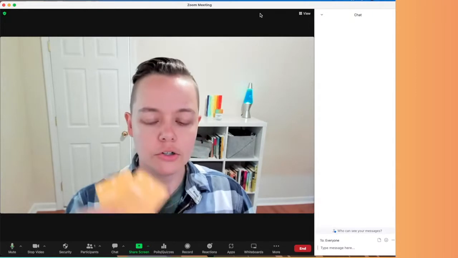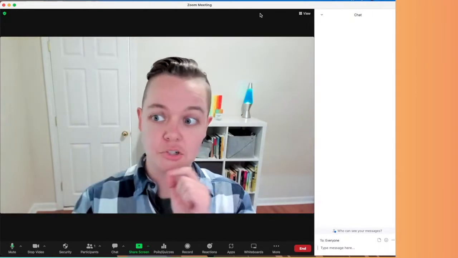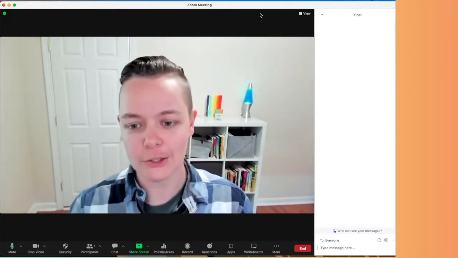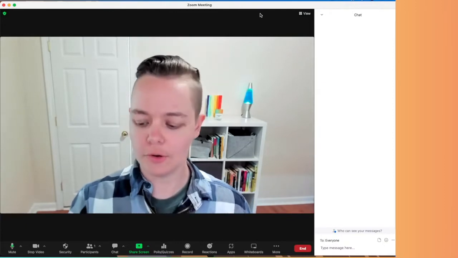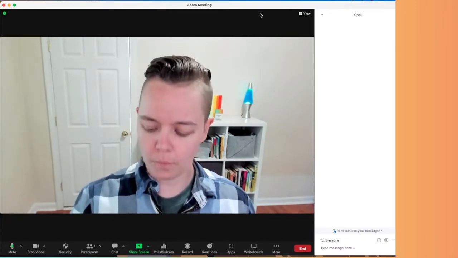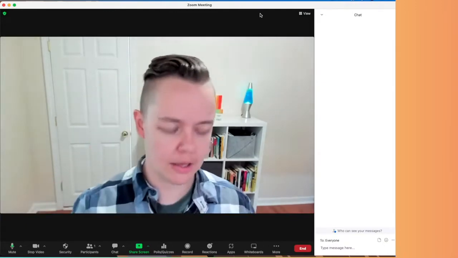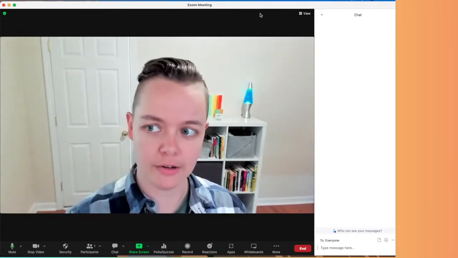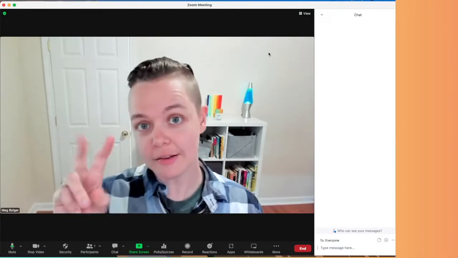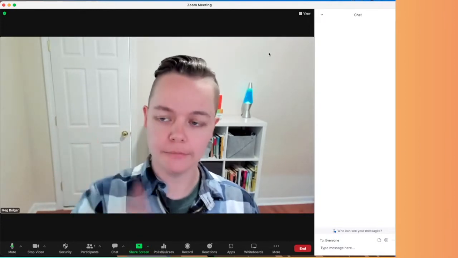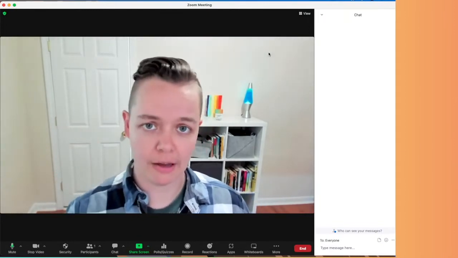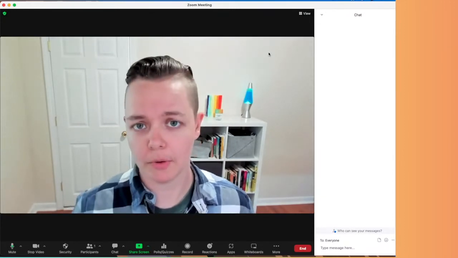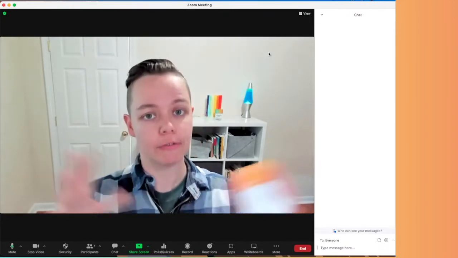So there are 2 structures that you can use, just the video functions of the platform to invite participation. One is Fishbowl. Fishbowl is a way to shrink the conversation down to just a few participants. There are 2 ways to do this, using the spotlight feature, or if let's say you have 5 people and those are the people who are going to have a small group discussion in front of a large group,